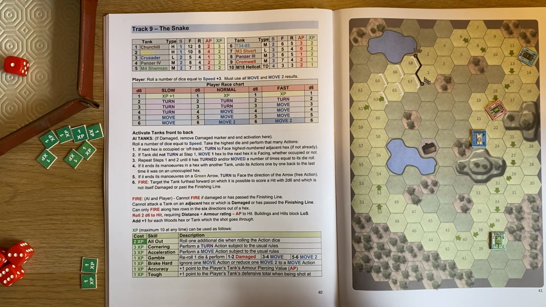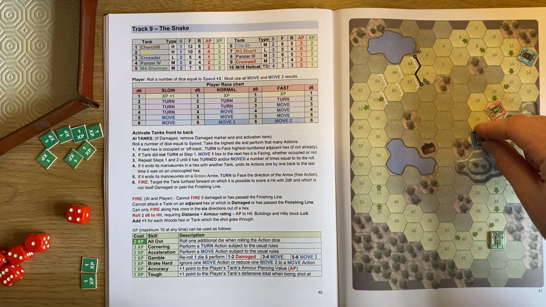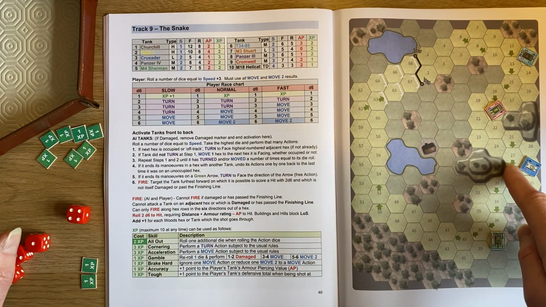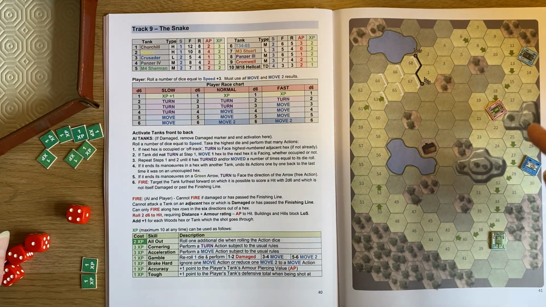The Crusader, I can't shoot anyone, by the way. The Crusader gets a 4 and a 1, so it moves 4, so he will turn, and then it'd be 2, 3, 4, down like that. Okay, remember, it doesn't use the green arrows unless he lands on them. Okay. The Cromwell,